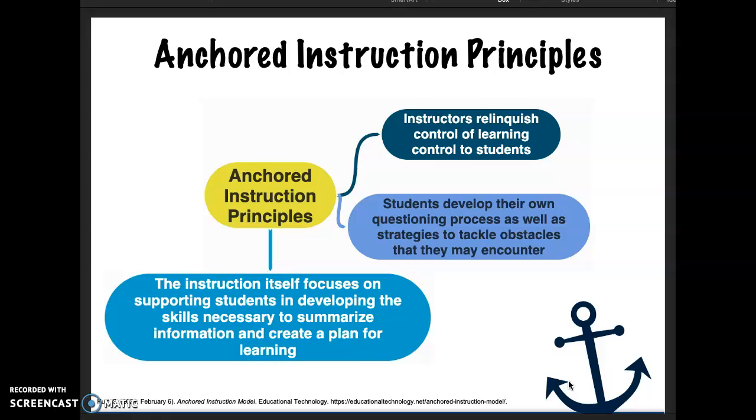As they come upon obstacles, they can, themselves and in collaboration with others, come up with strategies that can address that and move them past that, rather than being instructed how to do that. Because they're involved in the process, they're doing that on their own. And it does help develop skills, because the more they learn